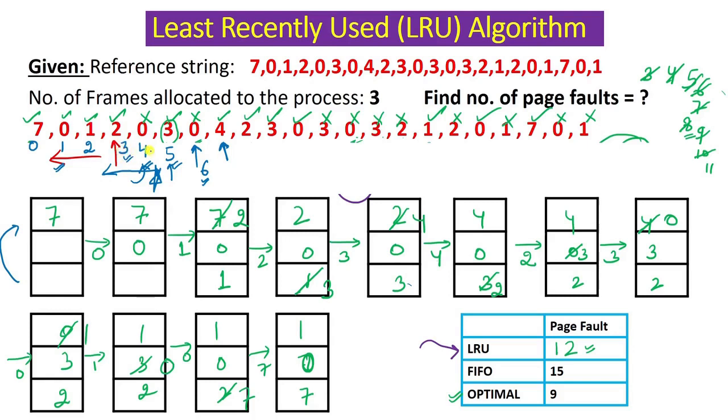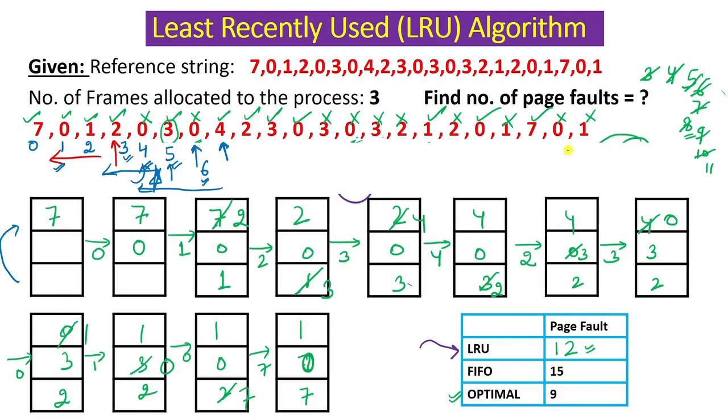That means 2 was used a long time ago, at 3 p.m. only. After that it was not accessed, so 2 should be replaced. The minimum time should be searched: the page with the minimum time associated with it in the recent past should be replaced. So that's why we replaced 2 and put 4. We continued like this, and finally we found that LRU gave us 12 page faults for this entire string.